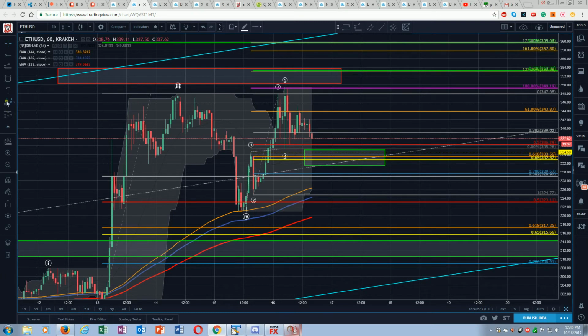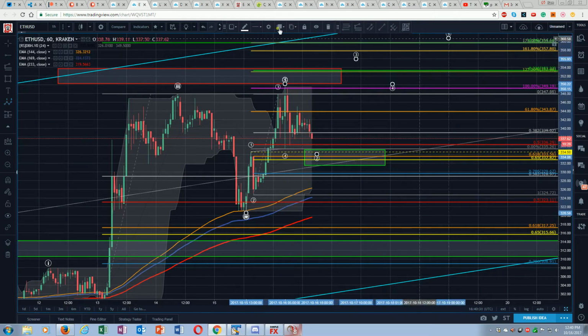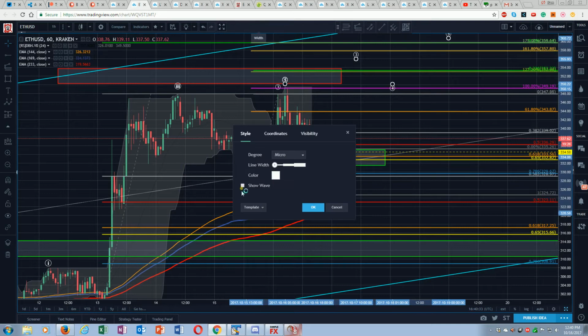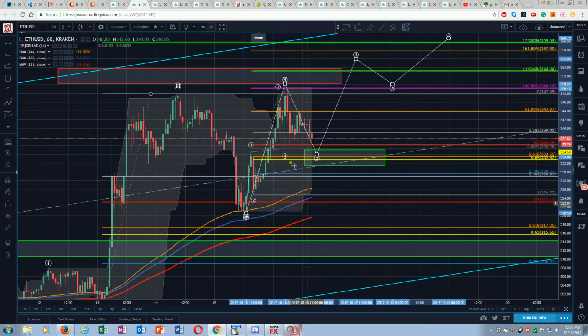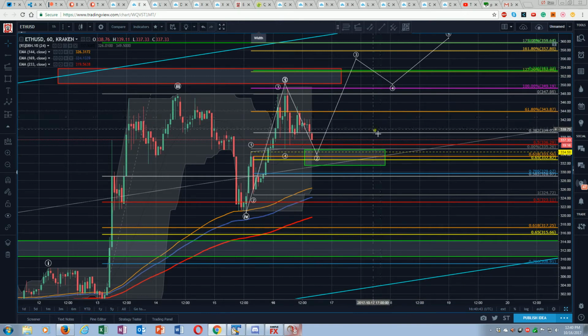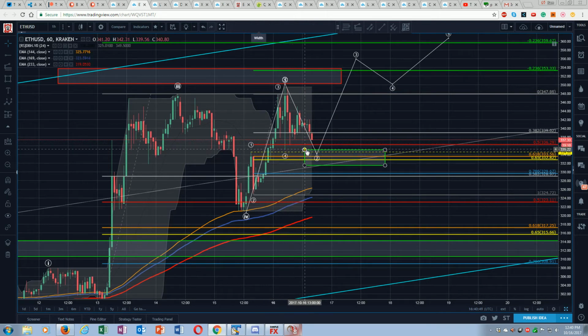So here I go back to my 5 wave. We know we're looking for the 1. Now we're looking for the 2, 3, 4, 5. I'm going to put the wave on it so you can just kind of see how it's waves within waves. So we've got our 4 in. We're now looking for an A, B, C. And we know the high probability targets for a 2nd wave are between, I'm going to take that off since we've got that marked out, the 50